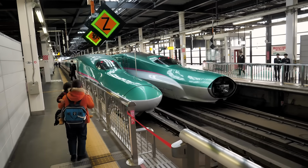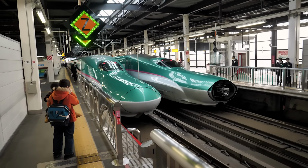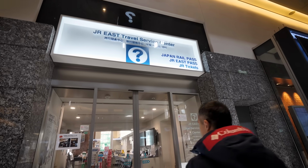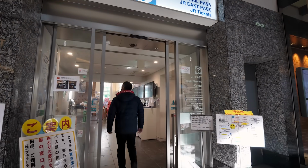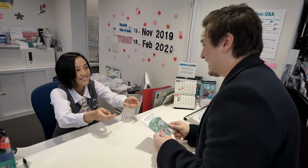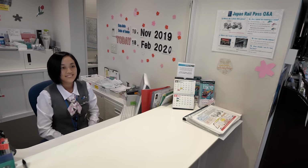As amazing as Gran Class was, I'm not sure I could justify spending my pocket money on it again anytime soon. Fortunately for tourists coming to Japan, it's never been cheaper or easier to ride bullet trains on a budget. Here is your pass. Thank you very much. So obviously if you're travelling around Japan, usually the most expensive thing is the transport, the bullet trains. In fact, to go from Tokyo to Sendai, a return trip will cost you about 20,000 yen,